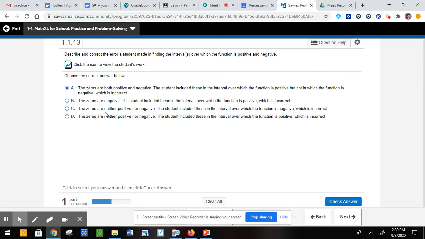That's true. The student included these in the interval over the function where it's negative. So the mistake the student made was where it was positive. So that's why D is going to be your answer here. Again, your answers will be jumbled. All right, and then the second part is just going to be